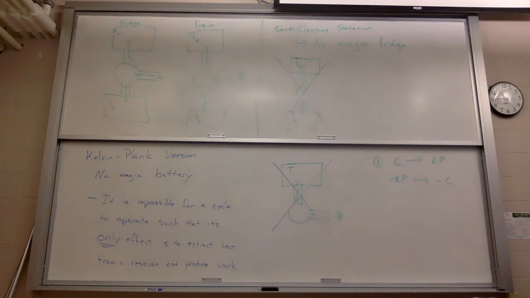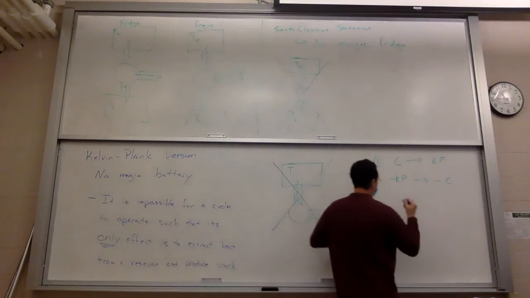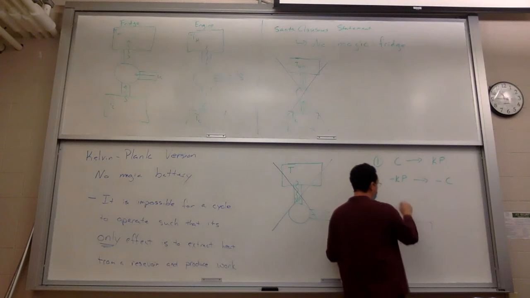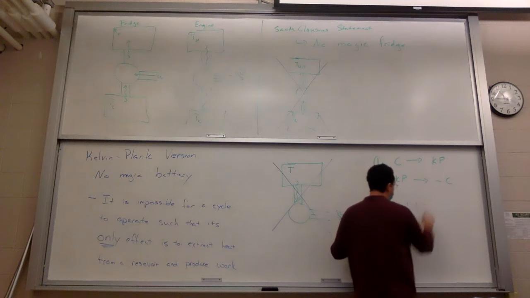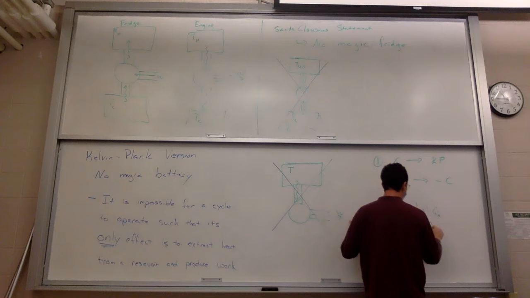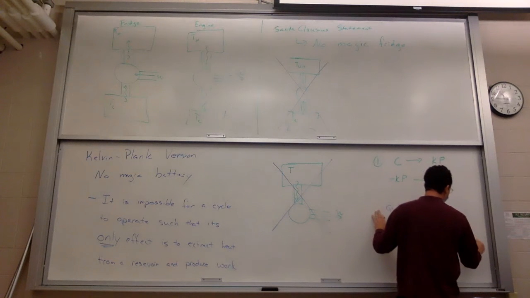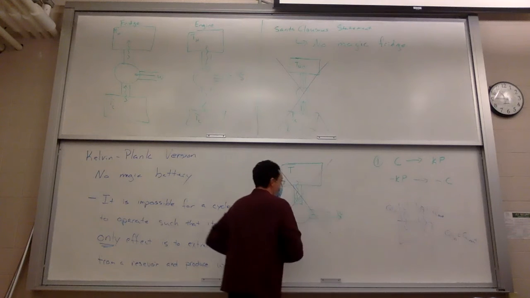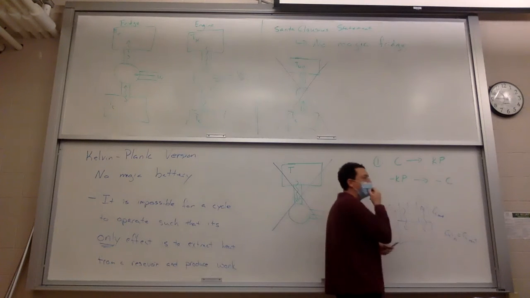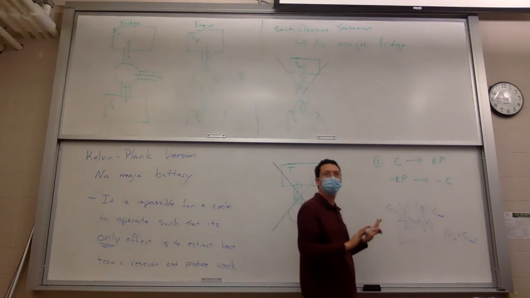I'll also give you a hint. If you have a reservoir like this, and you have equal amounts of heat, so you say Q in, and you have Q out. If you can balance Q in equals Q out, that's just the same as taking a hose and connecting them like that and just ignoring the reservoir in the first place. Right?